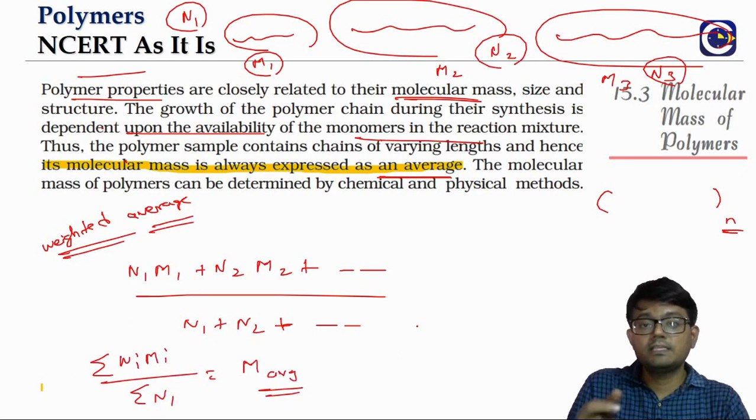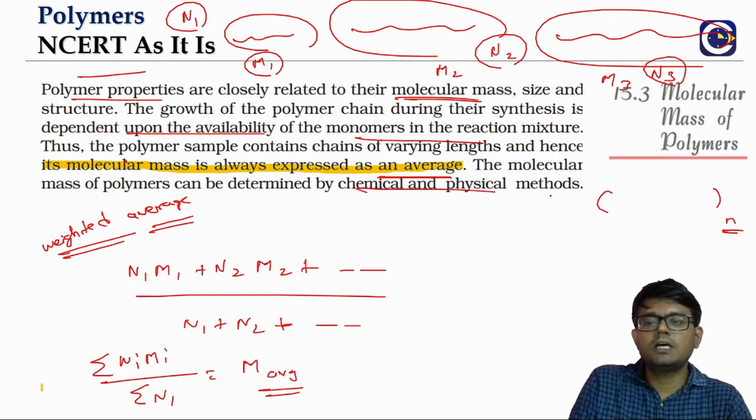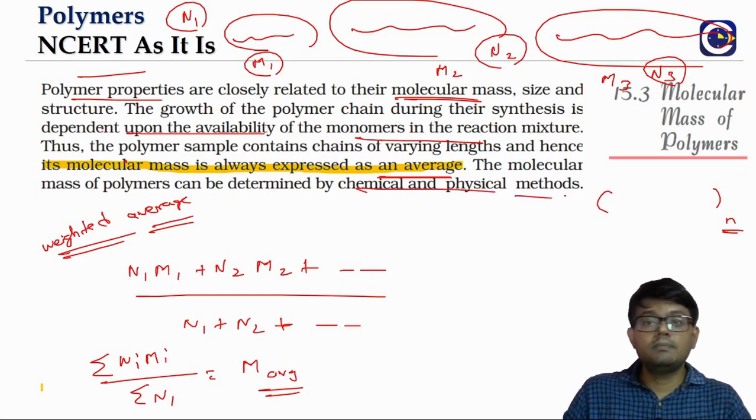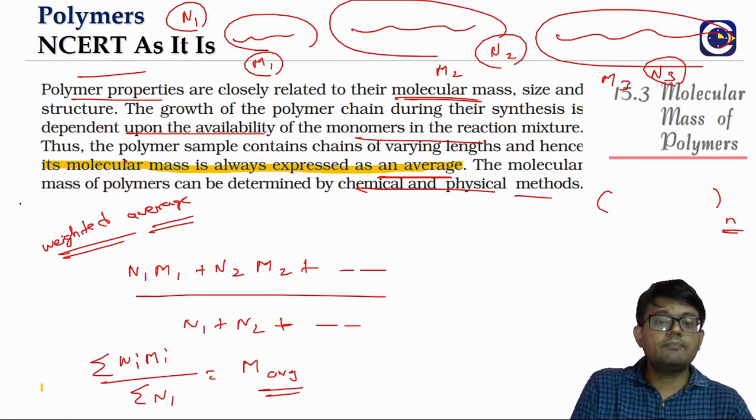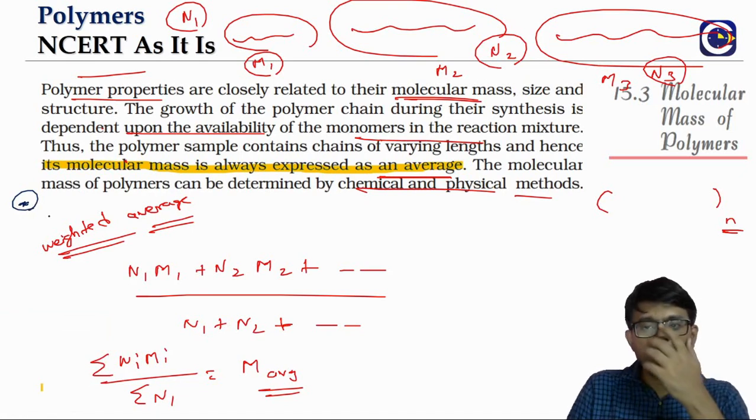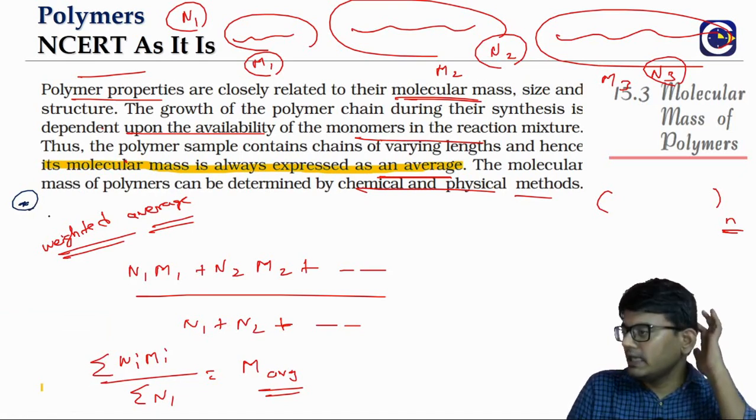So how do we obtain this experimentally? Remember, in solutions we talk about the colligative properties method. With the colligative property method, we can find the molecular mass of the solute. So we can have both physical as well as chemical methods to find out the molecular mass. That is not the detailed point of discussion here, but we can have methods to find out. I think in one of the years they have asked a question about finding the average molecular mass of the polymer.